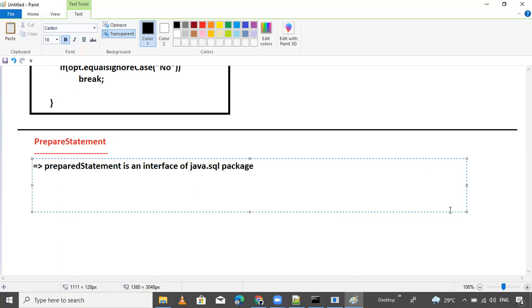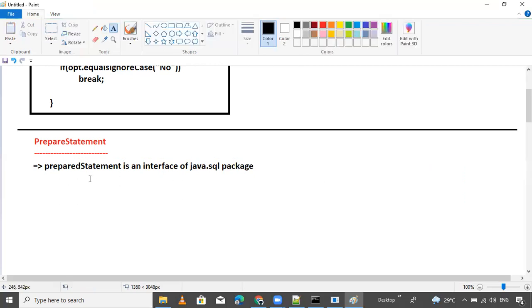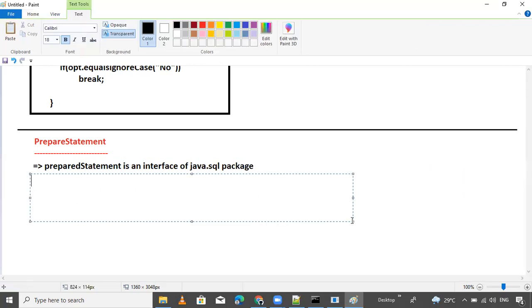Where does it exist? In this package. Now, PreparedStatement is a sub interface, and its super interface is Statement.